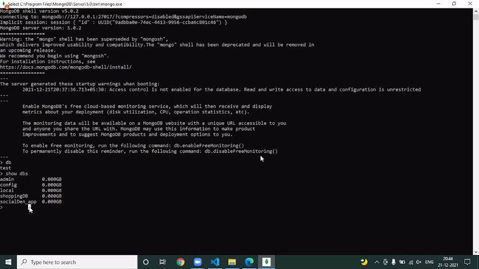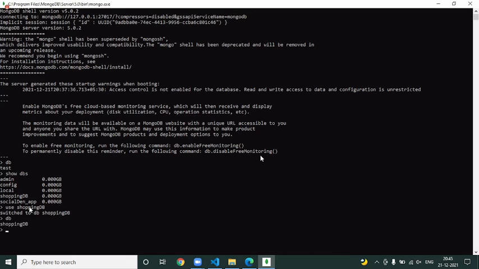Now I want to create our own DB here. use is a predefined command using which you can create your own database, or switch to an existing database. For example, I say use shoppingDB. So what is actually happening? Switching to DB. Now, when I say the db command, what is the current DB?